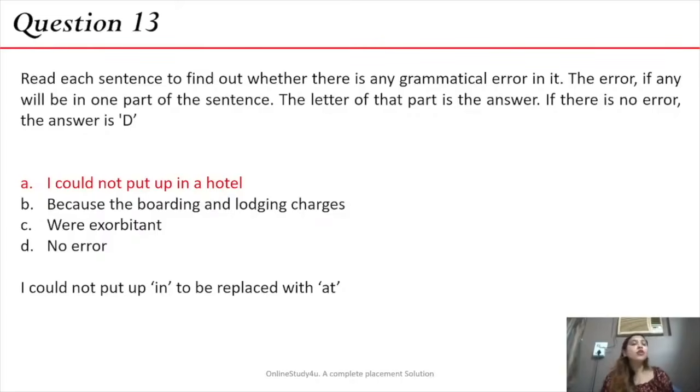Now, something that I want to caution you guys out here is that the problems with prepositions mostly happen because of one thing, and that is because we have a mother tongue influence. So for a lot of people whose first language, or generally the language in which they speak at home, is Hindi, sometimes what happens is we try and translate, like "main hotel mein reh raha tha." If you say "hotel mein reh raha tha," it typically means in a hotel, which is why when you translate, the "mein" becomes "in." But in terms of English, that translation may not always be correct, which is why this is something that I would just want you guys to be a little careful of.